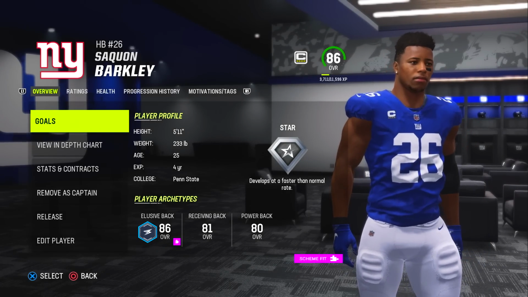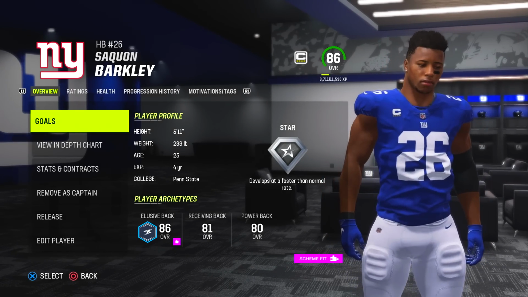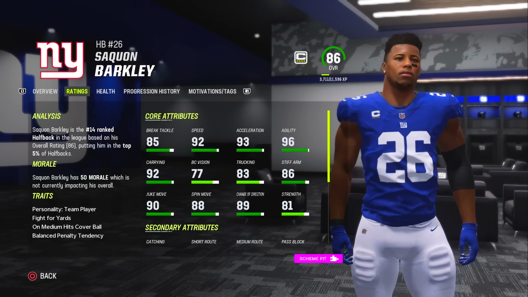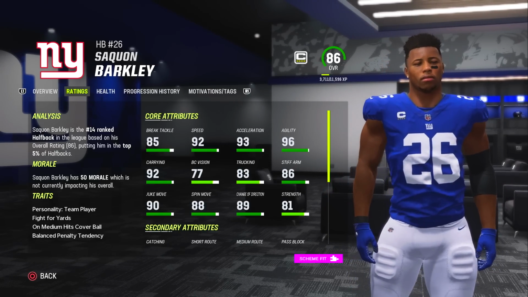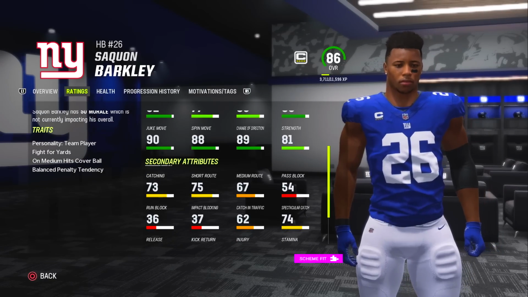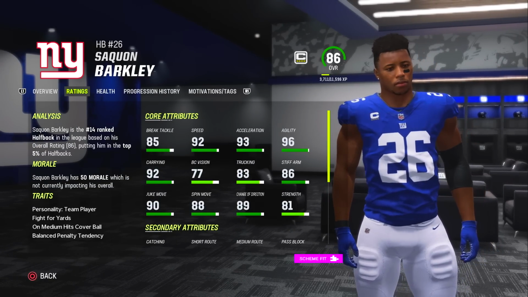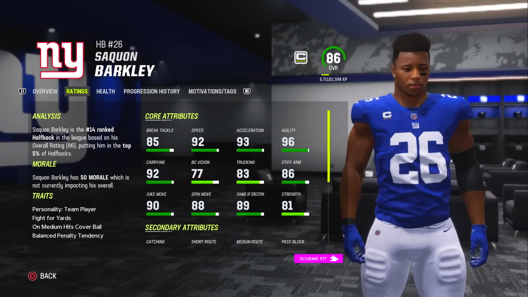But first things first, let's talk about Saquon Barkley, the top of the running back depth chart. Sterling Shepard being a higher overall than Saquon Barkley means nothing because Saquon is our guy. Now, Saquon Barkley, similar to Daniel Jones, is in a contract year for us. We need Saquon to ball out for us, but unlike Daniel Jones, I have every intention of re-signing Saquon Barkley,